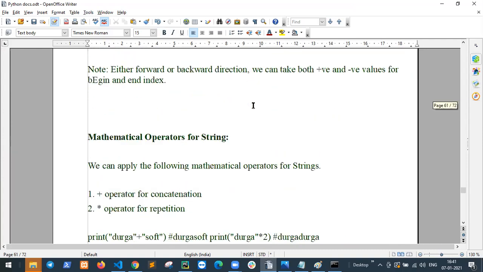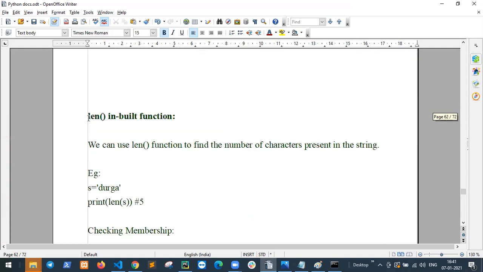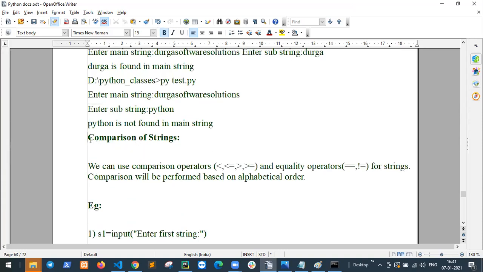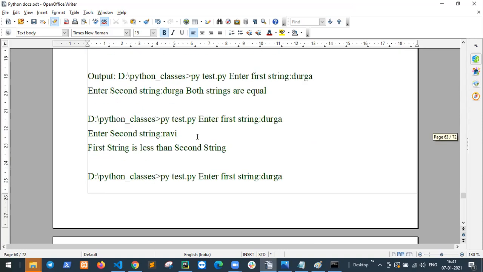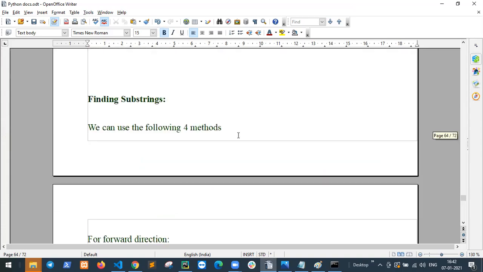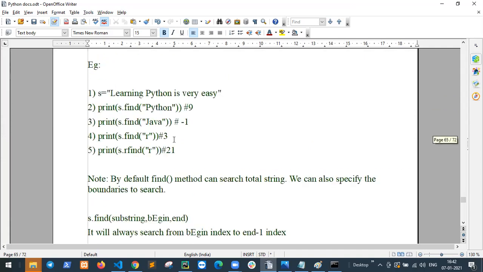So the next topic is mathematical operations. Many inbuilt functions are in the string. Mathematical operations, length function, inbuilt function length, and comparison of two strings, removing spaces from the string, finding substring, find index, or rfind.